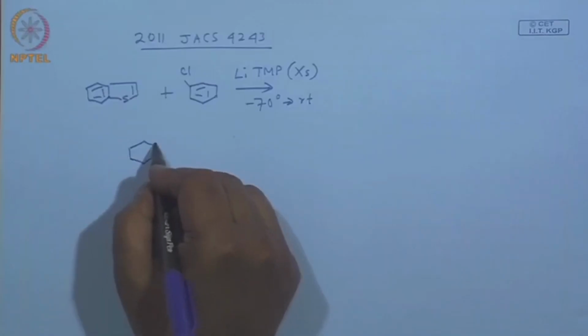Benzene? No, I will not expect benzene. First thing I will expect deprotonation. See, whenever you are doing a lithium chemistry, I have told you in the very beginning of the class, look for any halogen exchange. If that does not take place, go for lithiation by deprotonation. If that is not done, then of course nucleophilic additions etc. So, the first thing that I would assume is that the reaction would form this